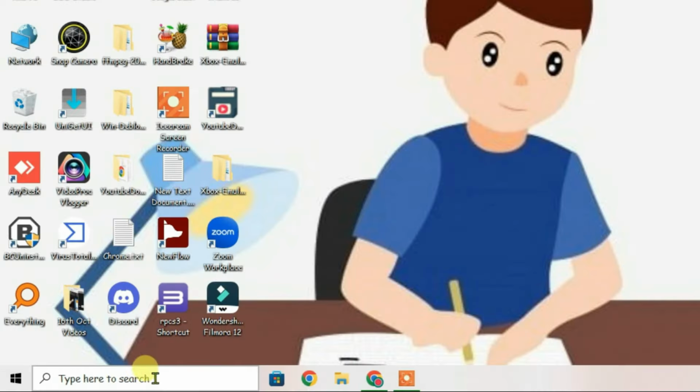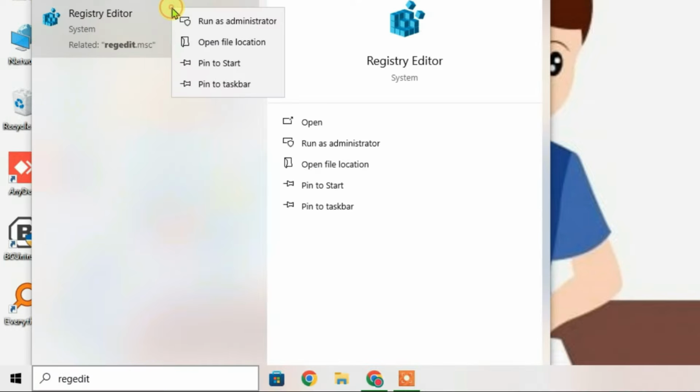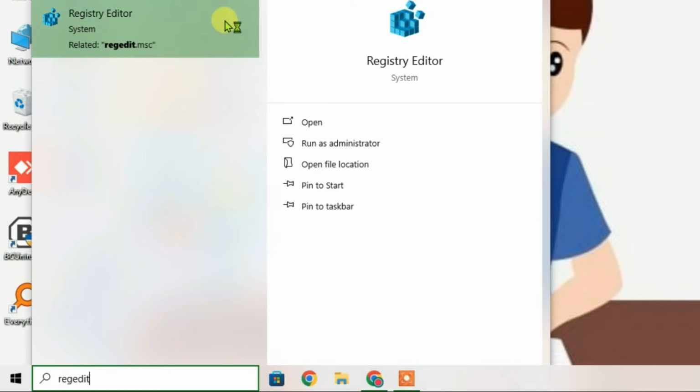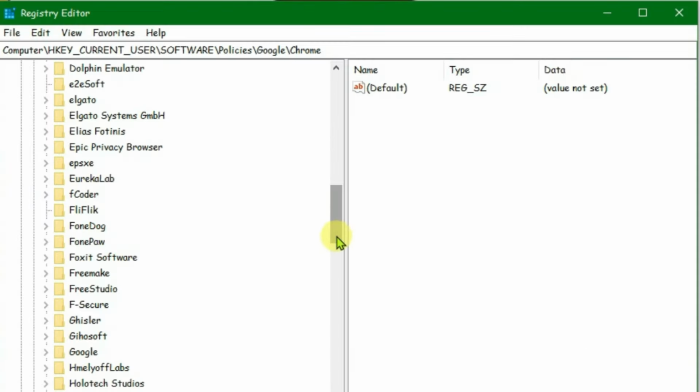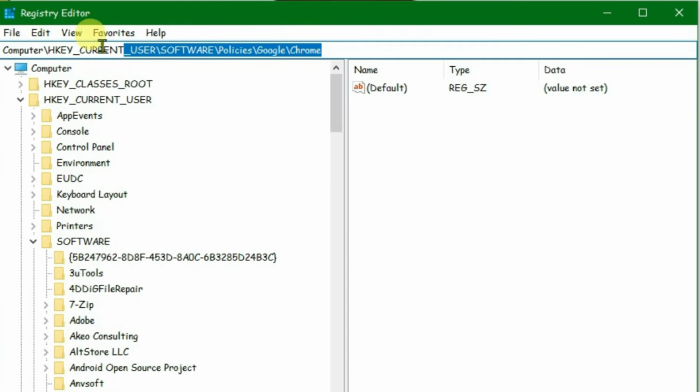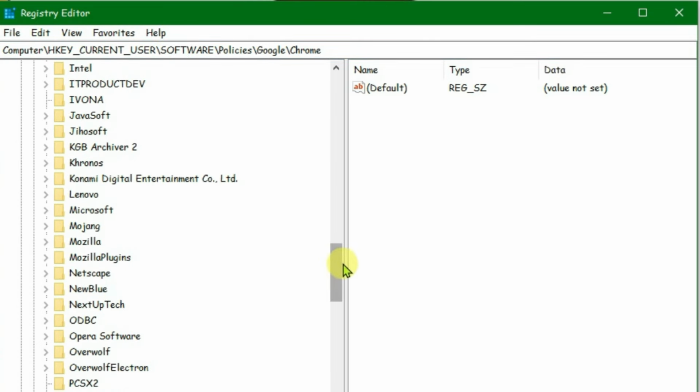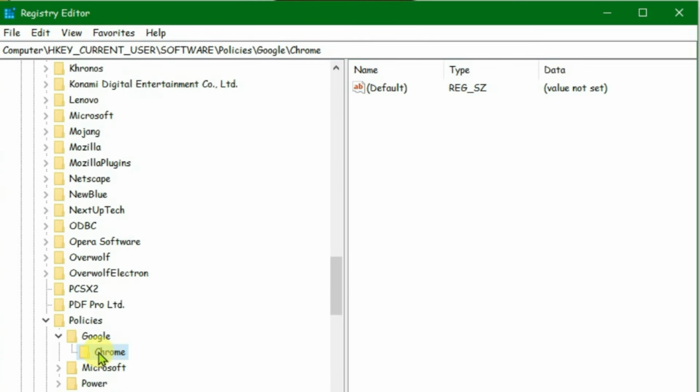Minimize Chrome. Go to the search box, type in regedit, right click on the Registry Editor and run as administrator. Once you are inside the Registry Editor, scroll up and delete this text from this box. Now we're going to copy the path from the description and paste it here in the box and press Enter on the keyboard. Once you do this, if you scroll down, you'll get one Chrome subfolder highlighted inside